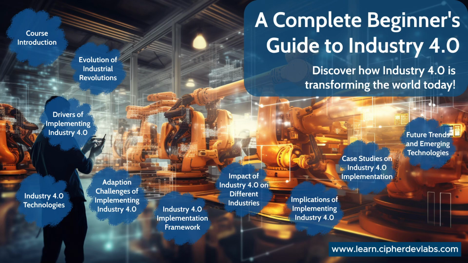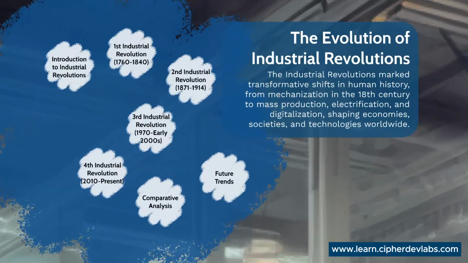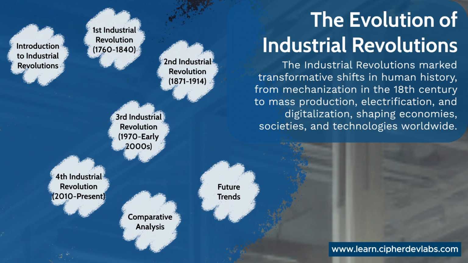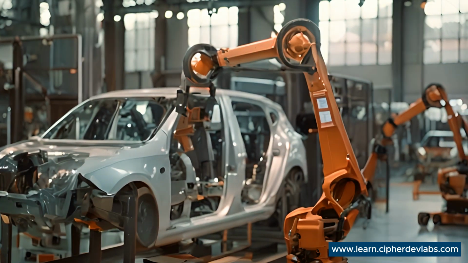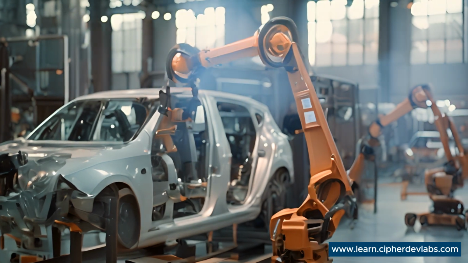Hi, and welcome back. In this lecture, we'll be exploring the future trends of industrial revolutions. Well, we talked about the first industrial revolution, the second, the third, the fourth, and we also did a very comprehensive analysis on industrial revolutions to understand the similarities and the differences between each industrial revolution. So now let's look into the future and anticipate what are the future trends and patterns that we are going to see as far as industrial revolutions are concerned?